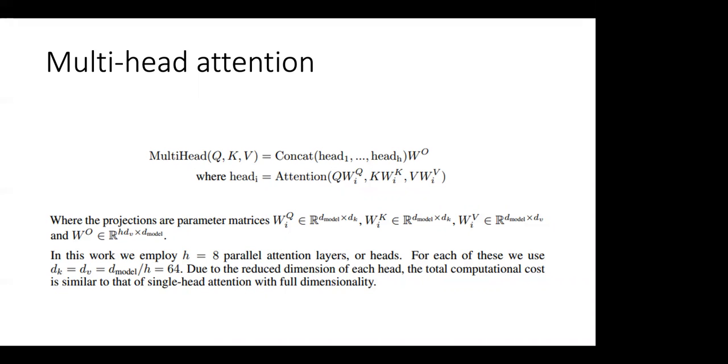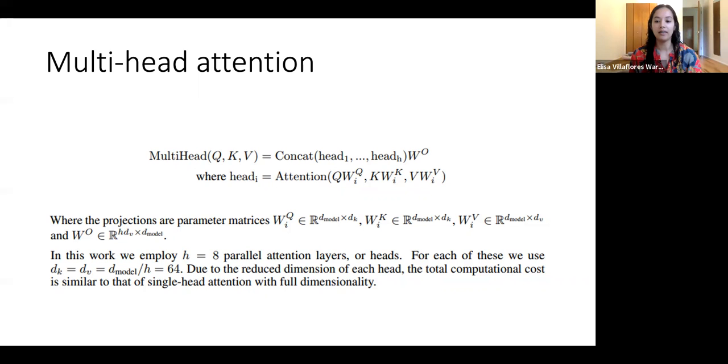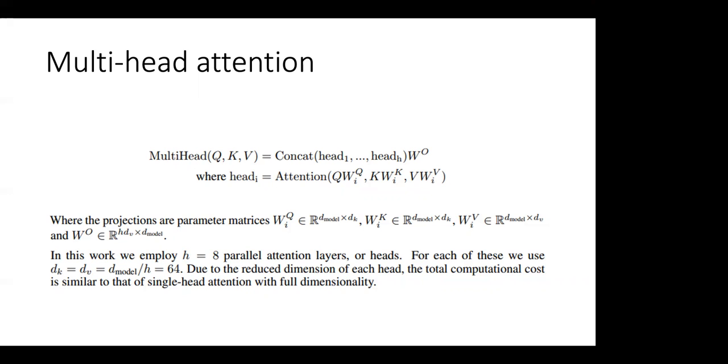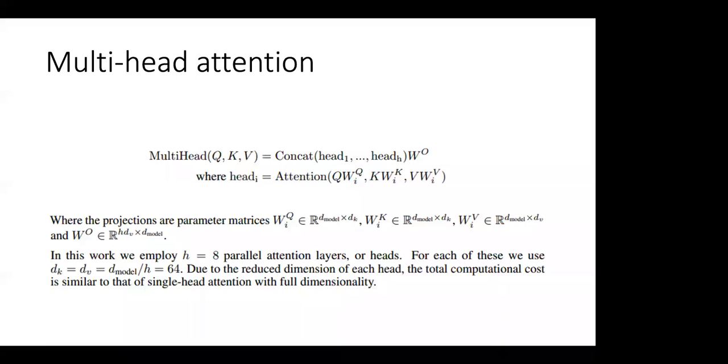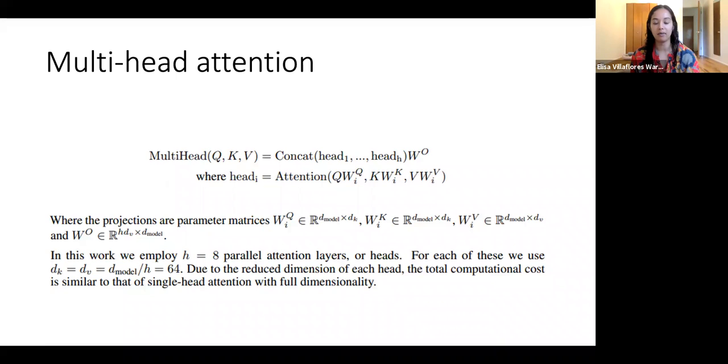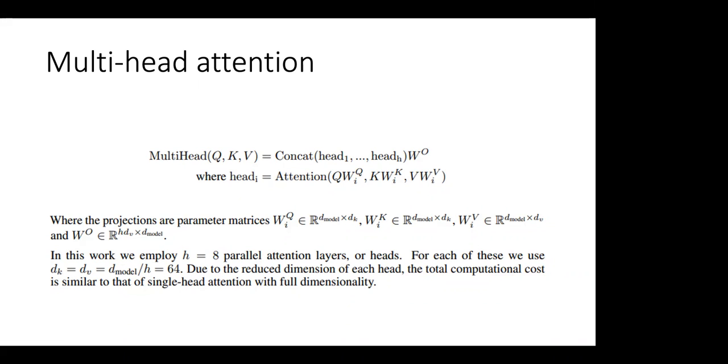Projection of parameter W^Q, which is d_model by d_k. That's just defining the dimensions. What is d_model and what's d sub k? So d_model would be the size of the embedded vector, so it'll be 512 in this case. Okay, got it. And then d_k in this case will be equal to 64, because they want to take d_model divided by number of heads. That's how they calculate it: 512 divided by 8 is 64.